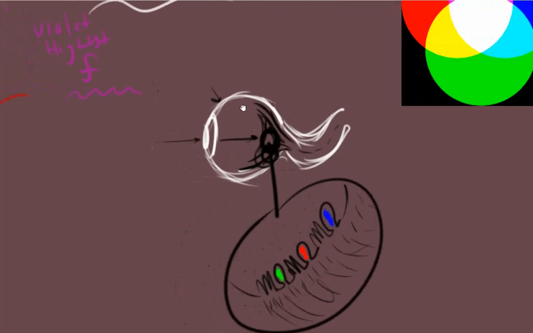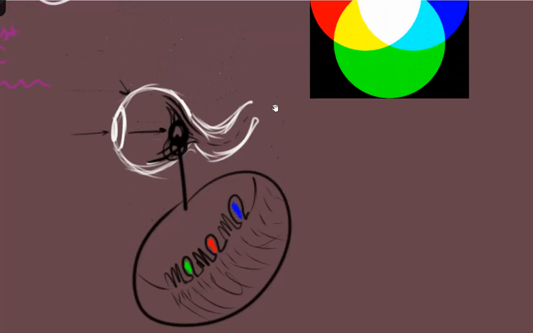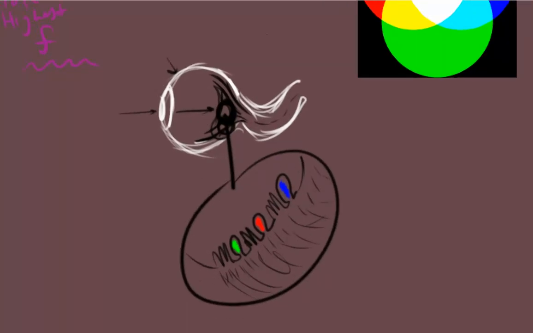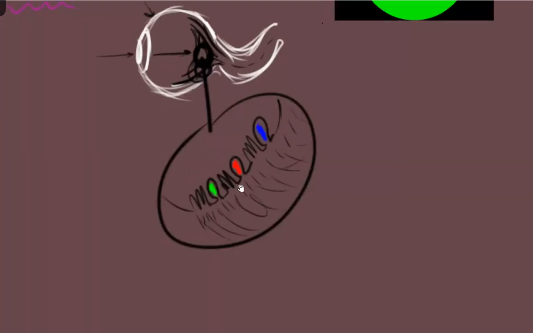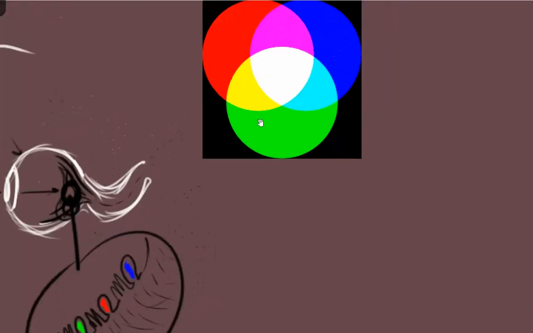But with our different frequencies of light, as we can see right here, with each frequency, no matter how things are displayed, they're going to be broken down within these three colors. If there is a white light, since there is no real white cone, it's going to activate all three of these and create white, like here in the center. But say if there is yellow, there would be